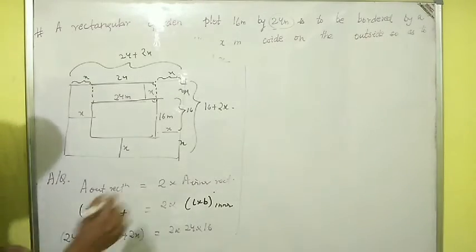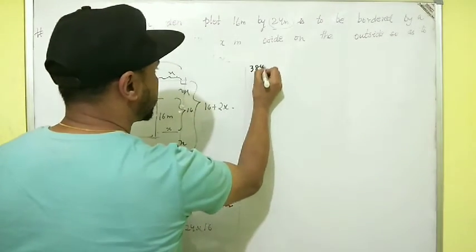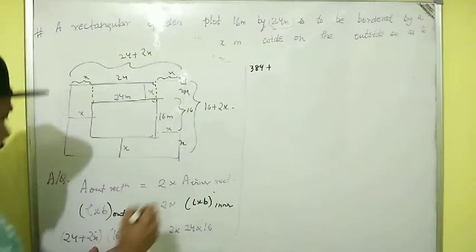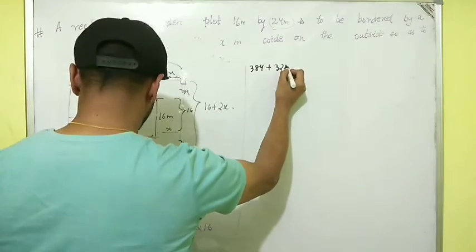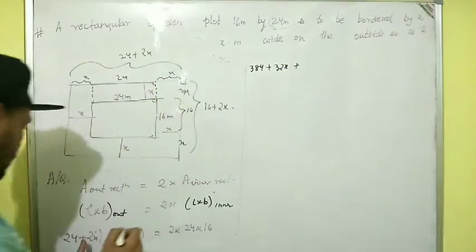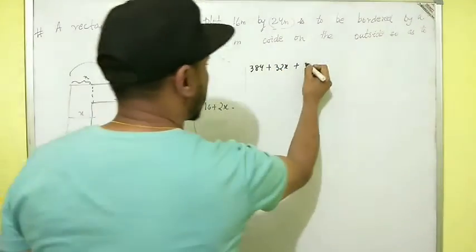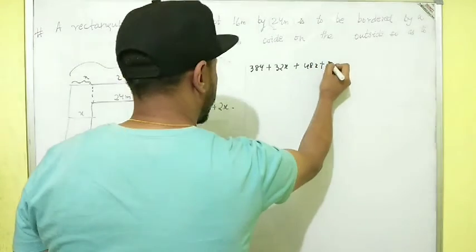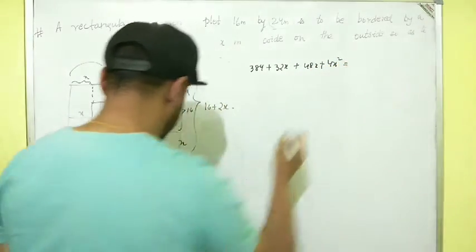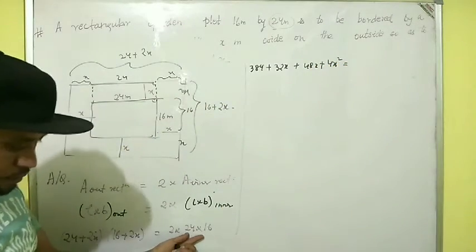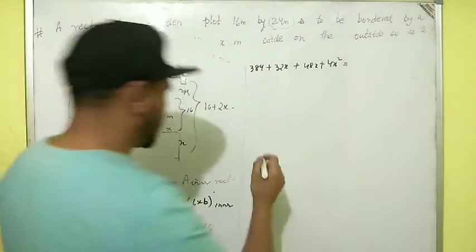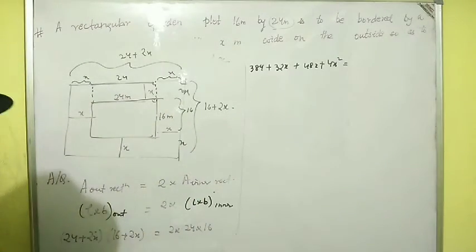So 24 into 16 will be 384, plus 16 into 2 is 32x, plus 24 into 2 is 48x, plus 2 into 2 is 4x squared, is equal to 2 into 24 into 16, which is 16 into 2 is 32, into 24 will be